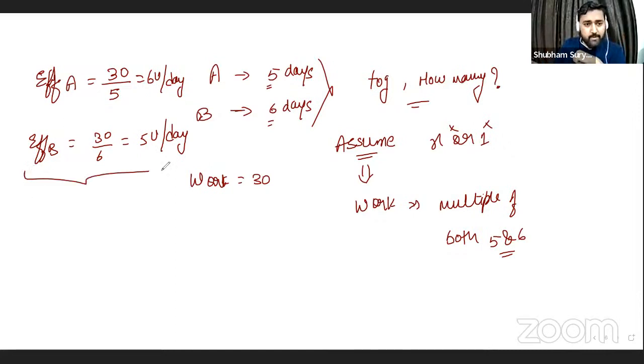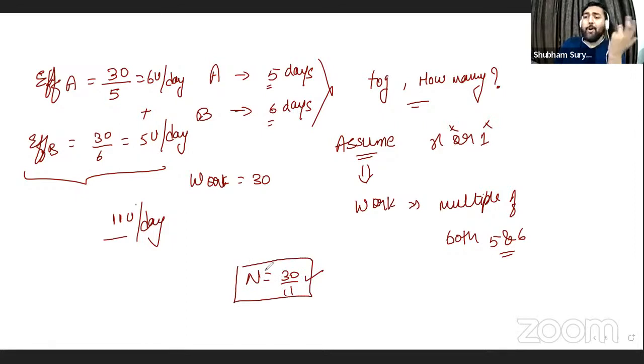So if they work together, it's going to be a total of 6 plus 5 is equal to 11 units of work which are being done per day. And we want to do 30 units of work, so the number of days n required is going to be 30 by 11. If you're smart enough, you can just write it directly, or if you want to write it step by step,